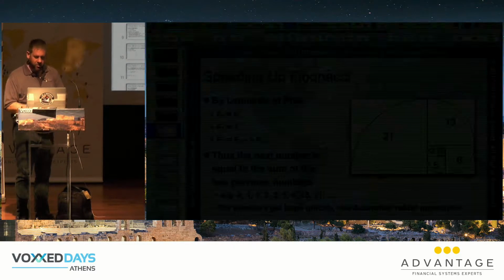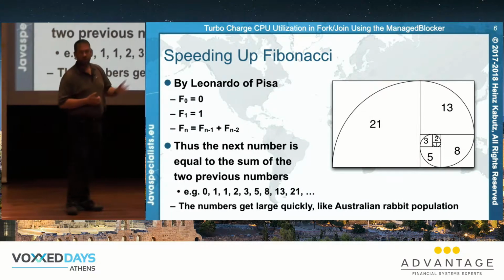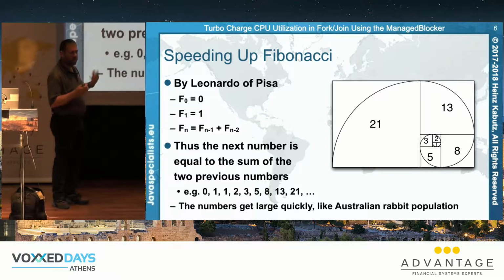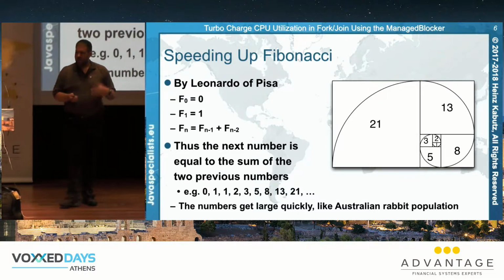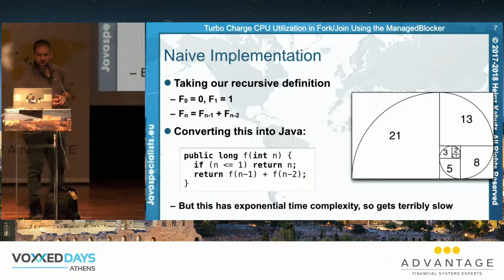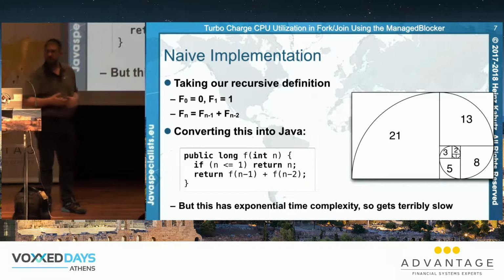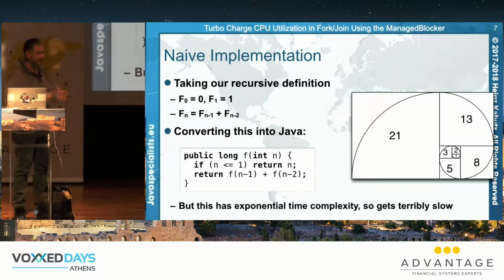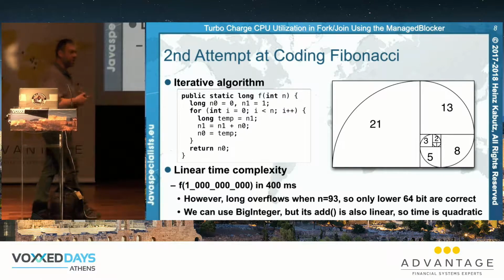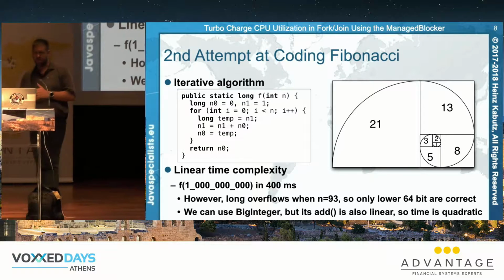So let's get back to our code, because the problem with this algorithm is that the numbers get large very quickly. It's a bit like the Australian rabbit population, which just grew like rabbits do. So if you implement this using a very naive implementation of just saying if n is less than or equal to 1, return n, otherwise return basically what they did in the JVM, in HotSpot, then you have very, very poor time complexity. We could do this with an iterative algorithm, which gets away from the recursion, but we still have problems with this algorithm because